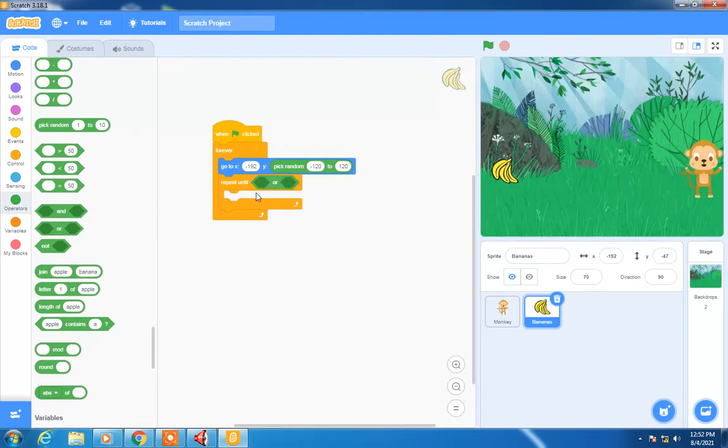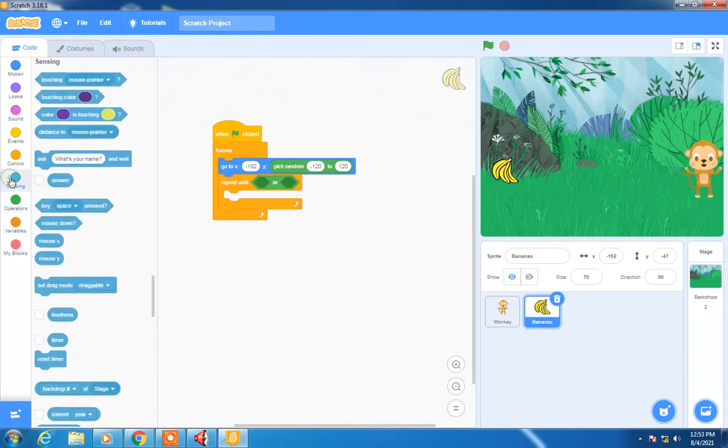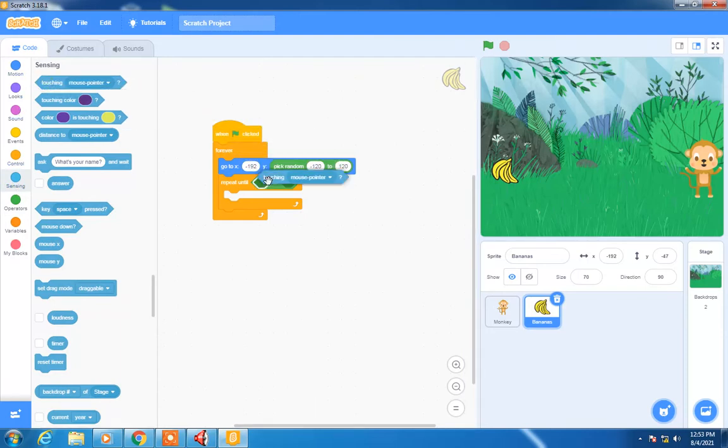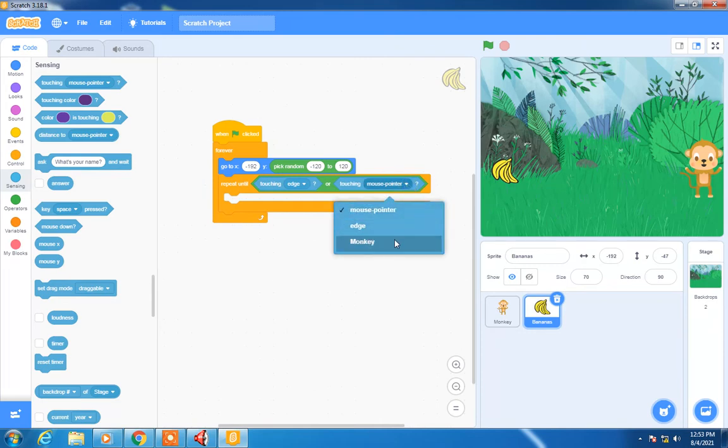So what is the first condition which has to be checked? That it is touching the edge. So touching will be there in sensing. Get the touching command and place it over here and click on the edge option. The same command has to be used again, and over here we will insert the monkey. So if it touches the edge or it touches the monkey, it has to come back to its starting position